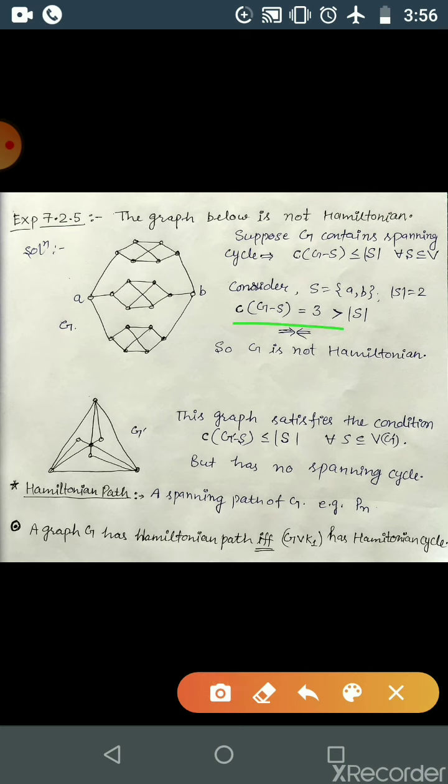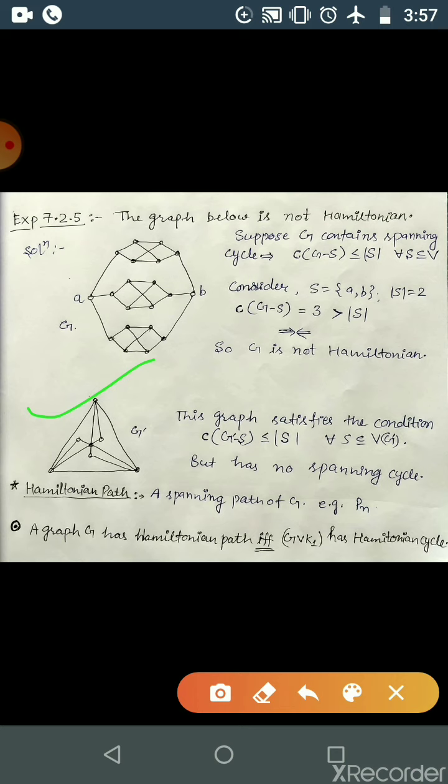Even for one vertex, or you can just say one set, if this condition is not satisfied, then it will not be a Hamiltonian graph, okay? And if some graphs satisfy this condition for all sets, then you can't say this is Hamiltonian. For example, you can have this graph. That's why this is a weak condition, okay? The proposition was: if Hamiltonian, then this is satisfied. If this condition is satisfied, we can't say the graph is Hamiltonian. If not satisfied, we can say G is not Hamiltonian, okay? So that's the result we are using here.